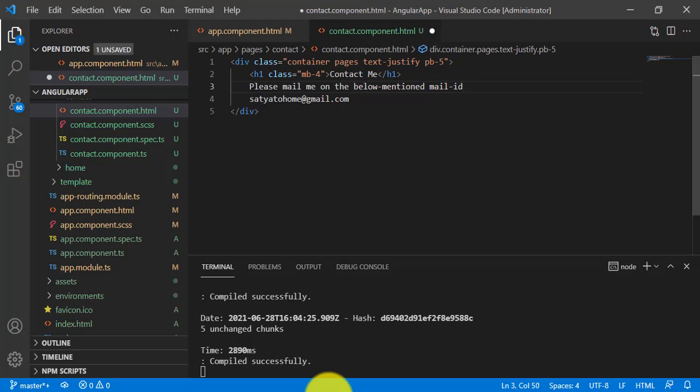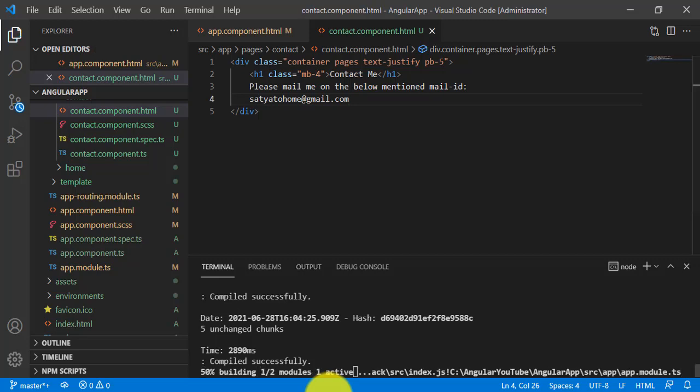Again I'll revert these changes. I mention this colon here, and below I just remove this hyphen, and I'll save these changes, and it will start building and compiling our application automatically.